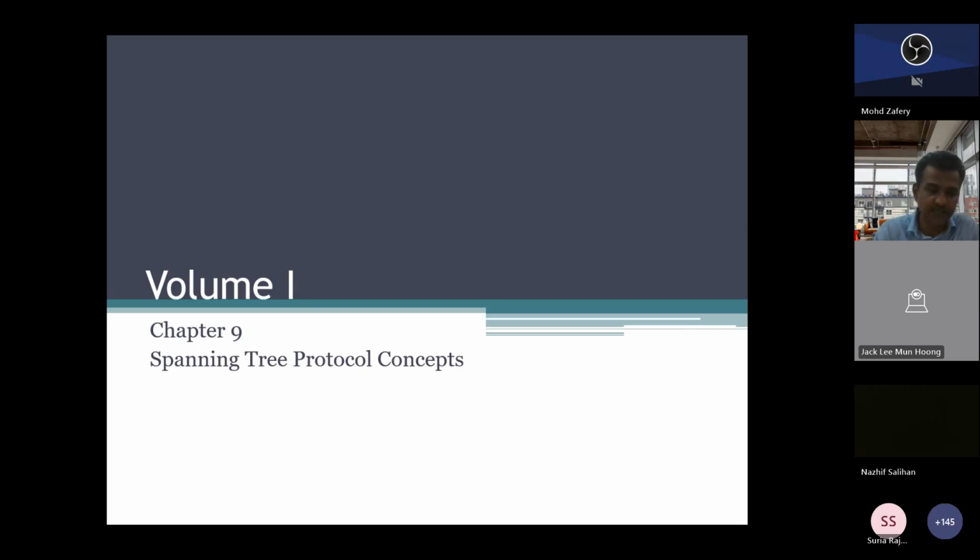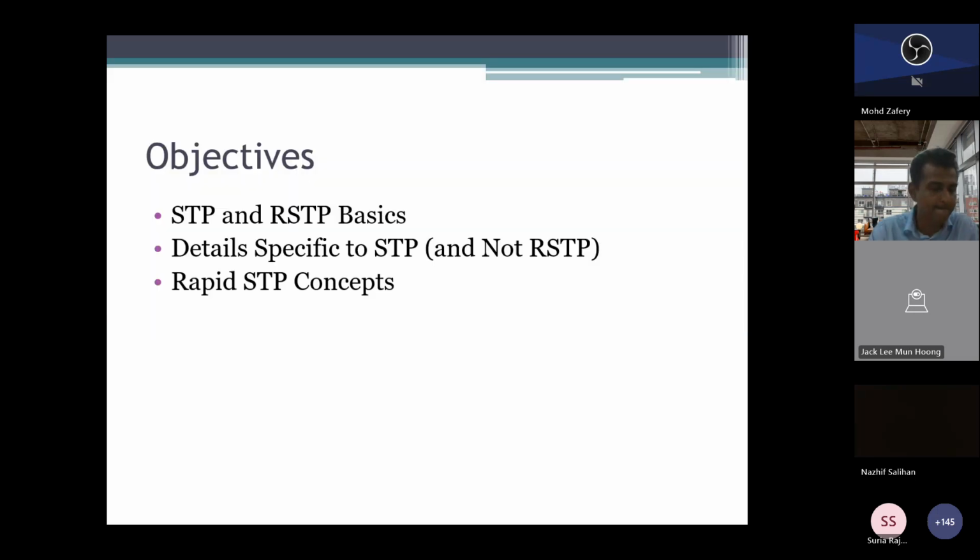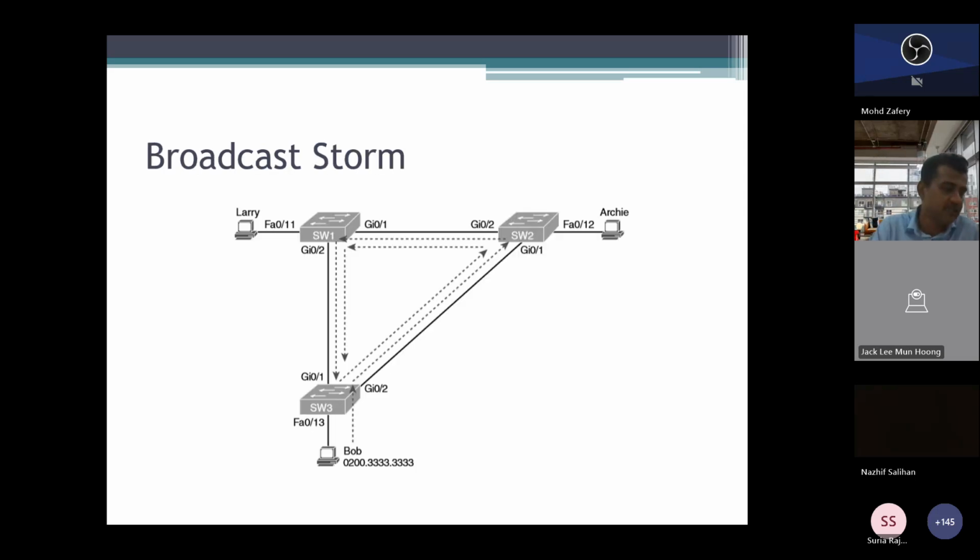Now what we're going to see now is basically spanning tree protocol and its advanced version, rapid spanning tree protocol. What is this spanning tree protocol or rapid spanning tree protocol? Yeah. Now, if I look at this spanning tree or rapid spanning tree protocol,